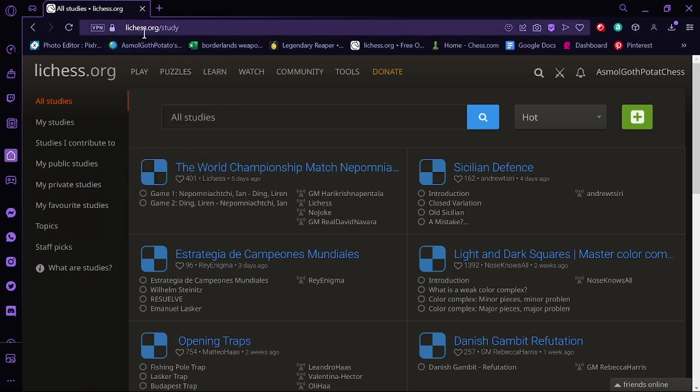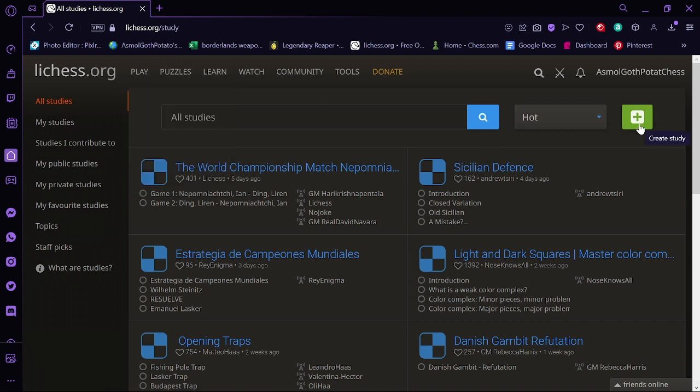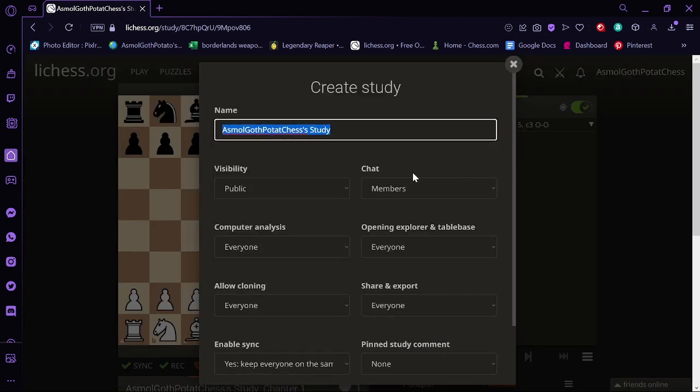Go to lichess.org, right? lichess.org/study, or just lichess, and then you go to studies from play or whatever. You click on this little green box that says create study. You create it. You can name it whatever. For now, let's just name it